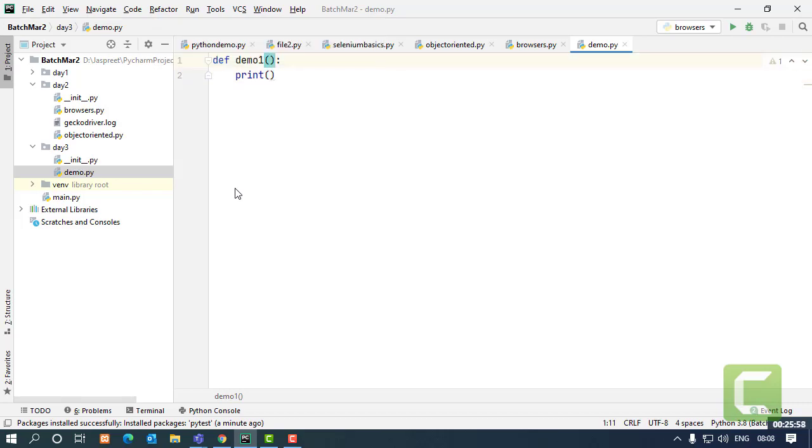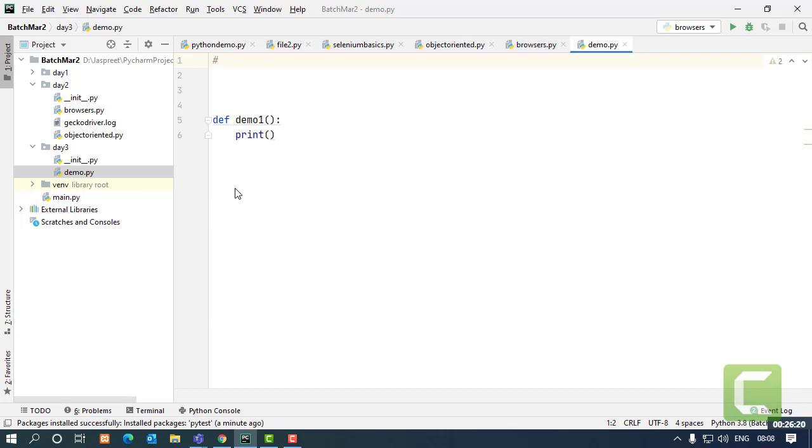What's the difference now that we have to make it a test case, not a function? So there are specifically three rules which you need to follow to make them a test case. First one, the file name that you are going to give, my file name is demo.py.